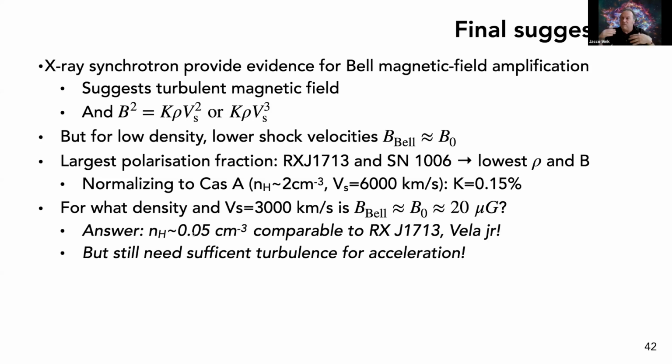The reason that these still have a very high shock velocity is that they have been expanding in a very low density environment, probably created by the winds of the progenitor. On the other hand, there is a paradox here, because you don't want a lot of turbulence there, but there needs to be at least some turbulence, otherwise we wouldn't get X-ray synchrotron radiation. Remember that eta needs to be close to 1 in order to get X-ray synchrotron radiation. So there is a little bit of a discrepancy here, I would say.